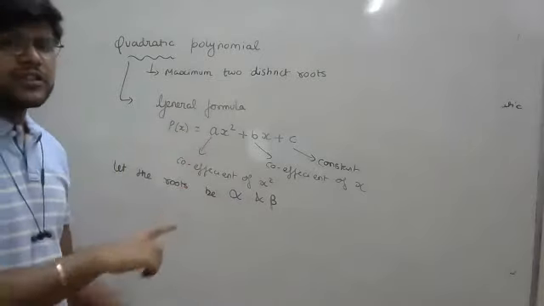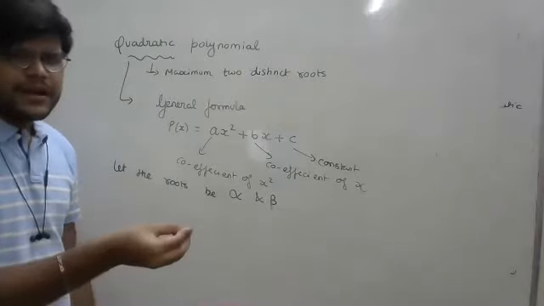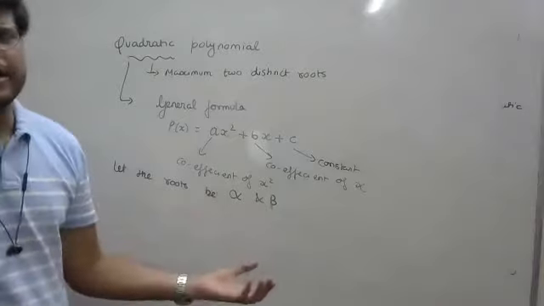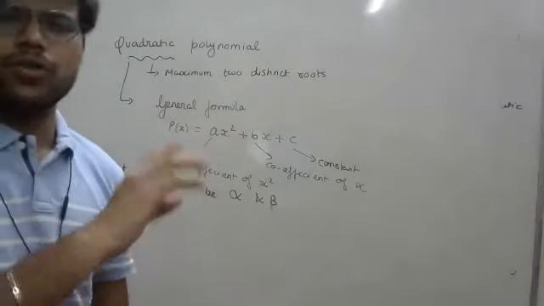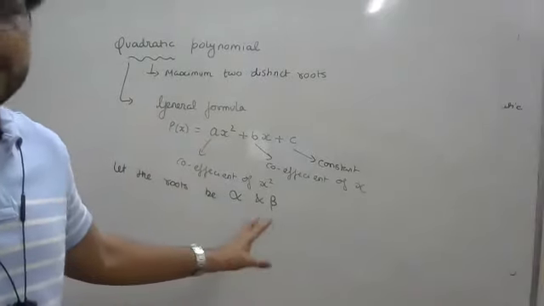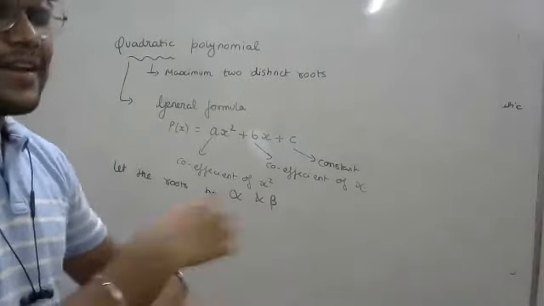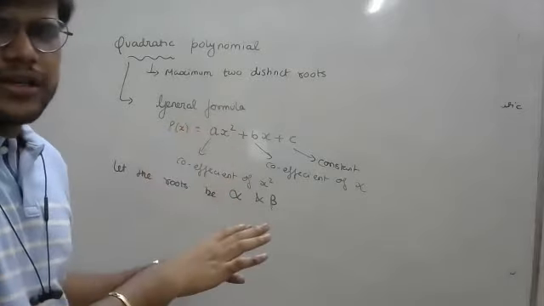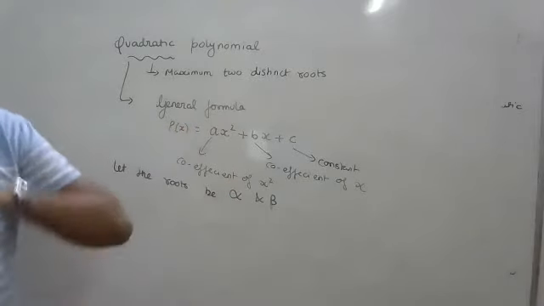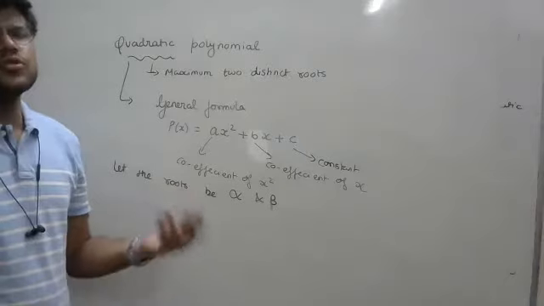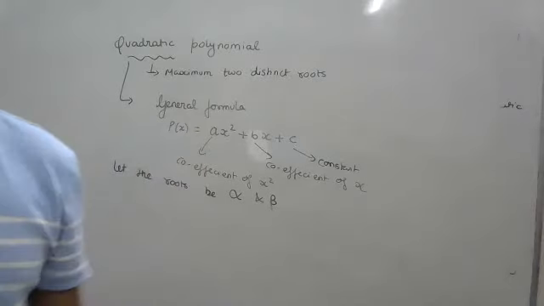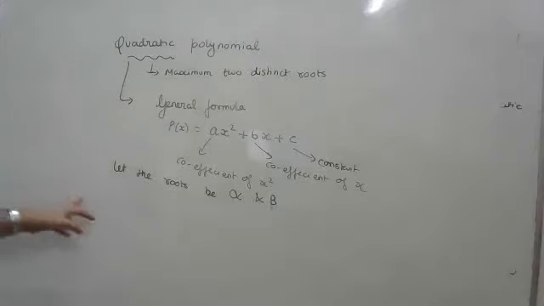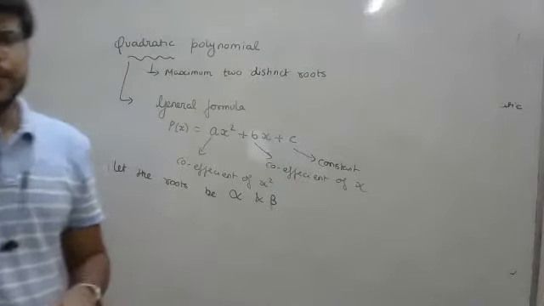But even if you use something else and you mention that I'm considering P and Q as the roots, and then you write the formula, it won't be considered wrong. Don't worry, it won't be wrong. This alpha and beta is just a variable, which is standardly followed, so there is no issue. If you use it, it is considered better, but it is not compulsory. Mathematically, it is not wrong to use something else. But from an exam point of view, don't try to do experiments. Let the roots be alpha and beta.